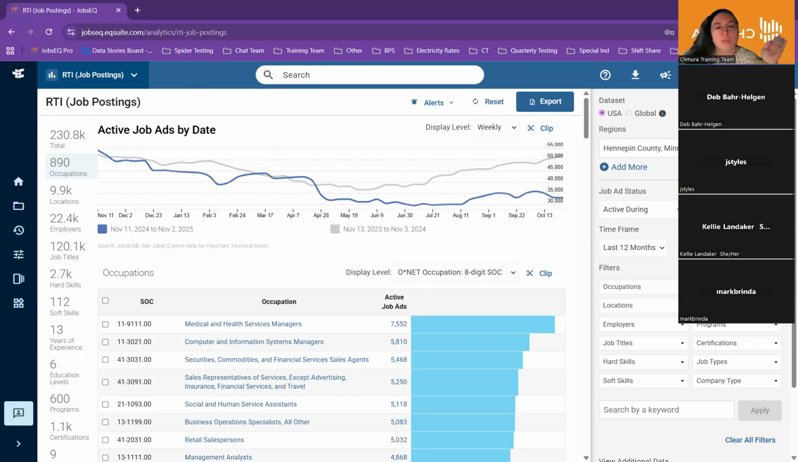So once those job postings are downloaded and deduplicated against each other,